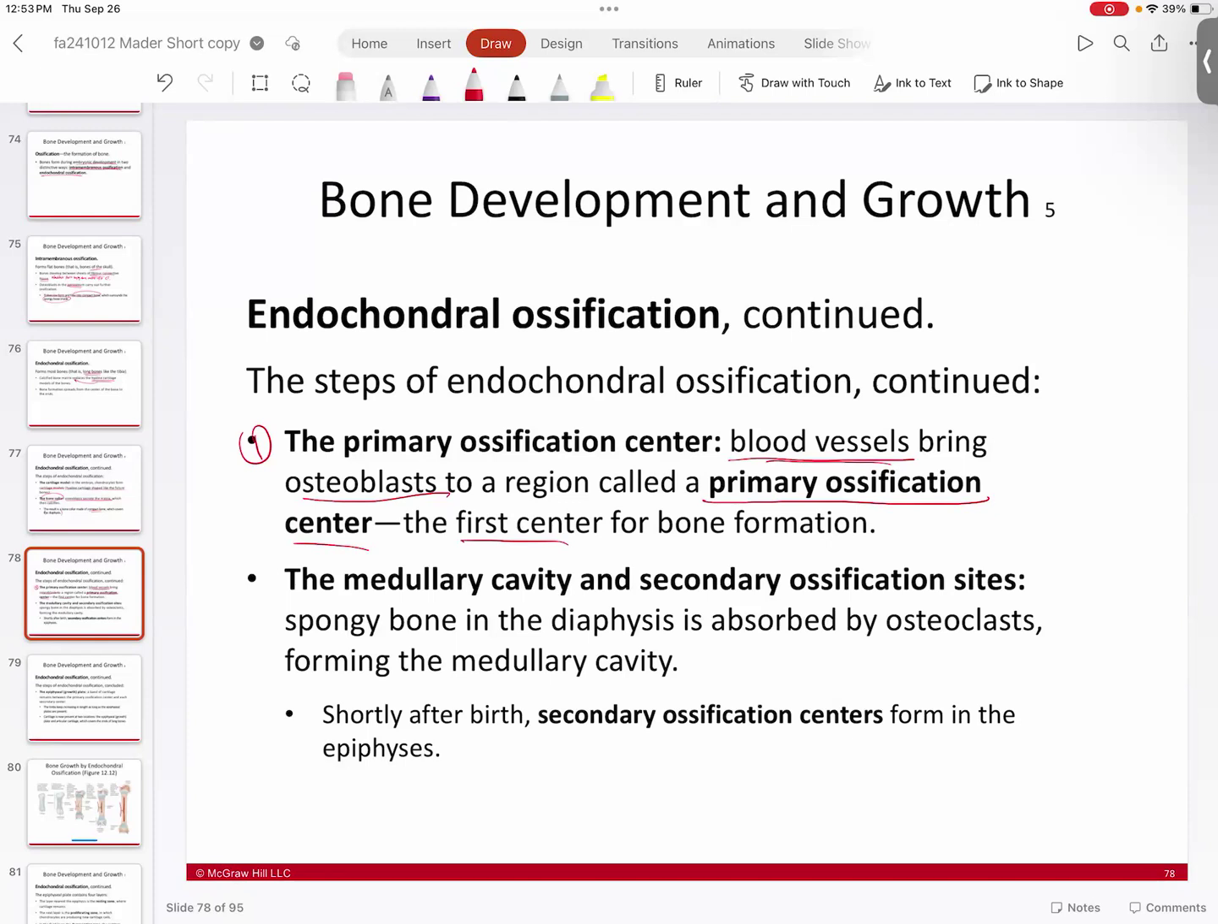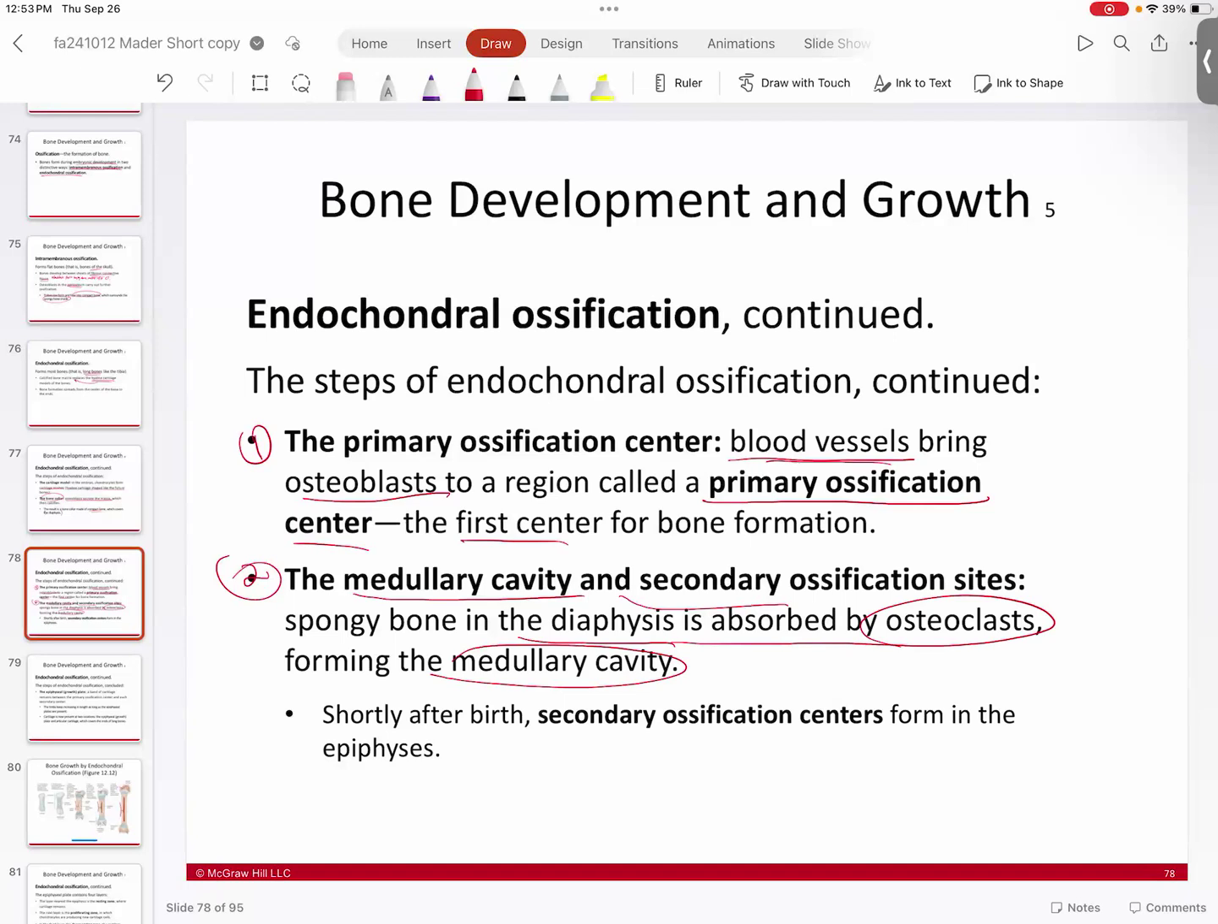And so you're going to start to develop, then after the laydown of the bony matrix, the medullary cavity. And then shortly after that will become the secondary ossification site. Now, spongy bone in the diaphysis, which is initially laid down first, is absorbed by the osteoclasts in what's called a remodeling strategy. And then that's going to form what we now refer to in the mature bone as the